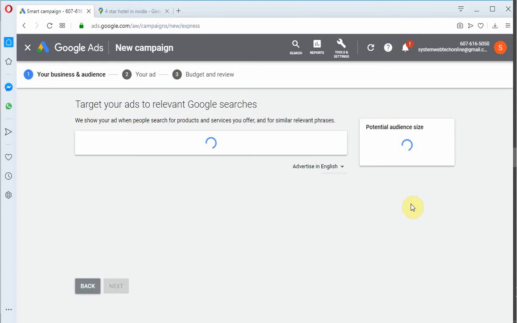Now here you will see more options to target your ads to.